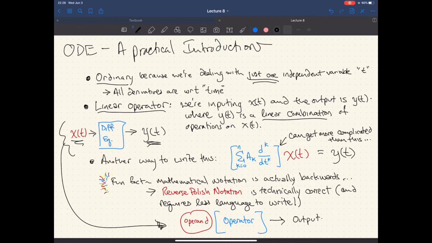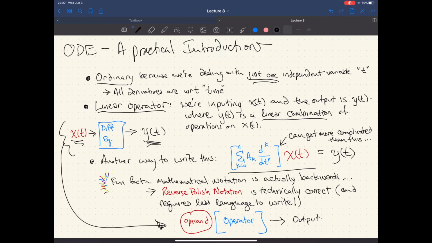And in between these two, we're kind of shoving x into this operator box, if you will. The differential equations that we're applying are linear operators, meaning that when we put x in, y is just a linear combination of operations on x. And a linear combination is just something times x, or something directly applied to x. It can be expressed in this fashion, where it's a distinct operator attached to it. So differential equations obviously can get a lot more complicated.